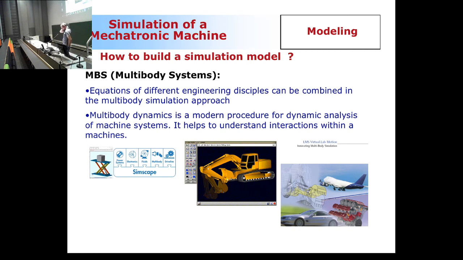So what are the software packages that can be used in order to create this equation of motion? Well, in this class, we are using Simscape. You're going to learn it. You will get started next week, but there are alternatives like Adams, which is mentioned here. This is LMS Virtual Lab, which is another alternative. There are many commercial software packages capable of creating the equation of motion and solving it automatically. We're going to look at one of them. But more importantly, we're going to look at the theory behind. Makes sense? Hopefully it makes sense.